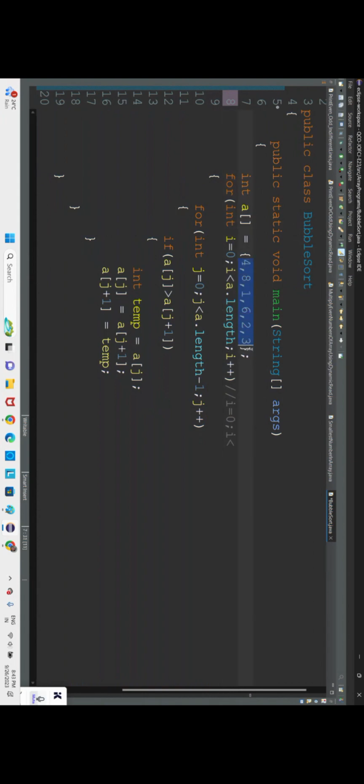The total elements are 6, so less than 6 is 5. Okay, till less than 6 you can go for. After that we'll go for